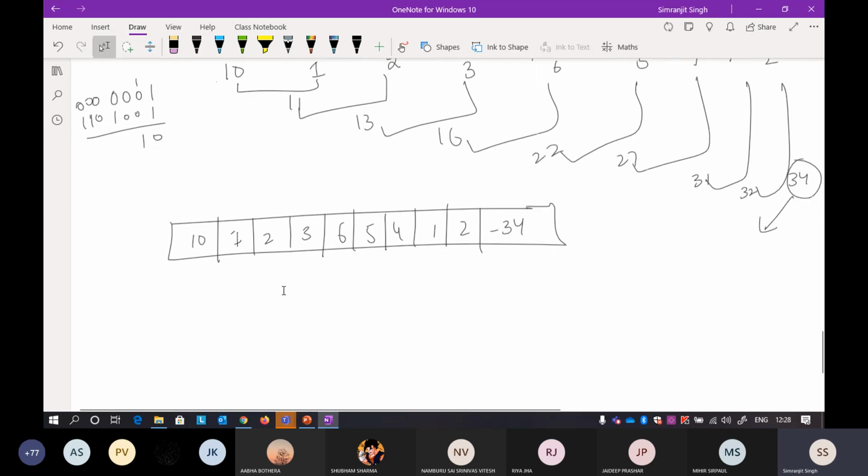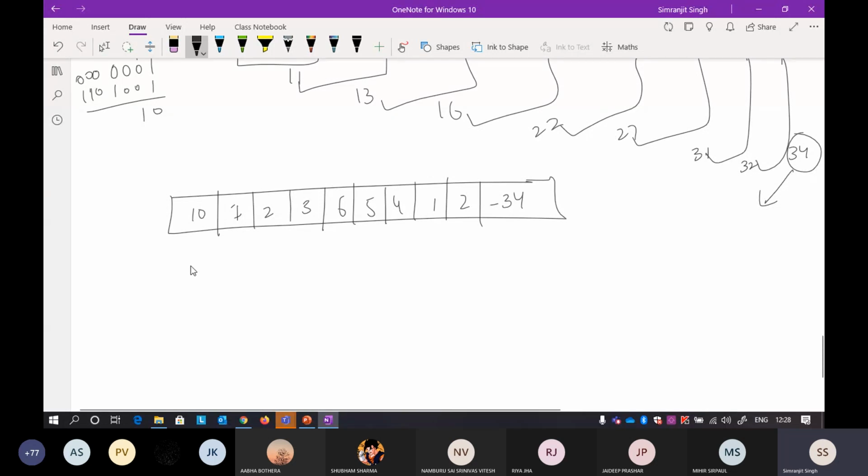So what happens is that when the receiver gets this particular packet, it will again calculate the checksum. It will find plus 34 up to here, and after that it will find minus 34. In the end it will get 0. So at the receiver side, it adds all the numbers present for the checksum, and in the end it gets a 0. If it gets a 0, then your data is correct. If it does not get a 0, there is some problem in the data, and it will again ask for the data.